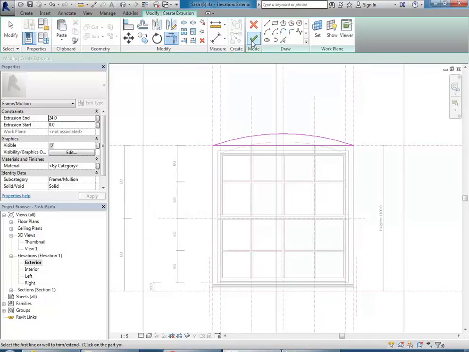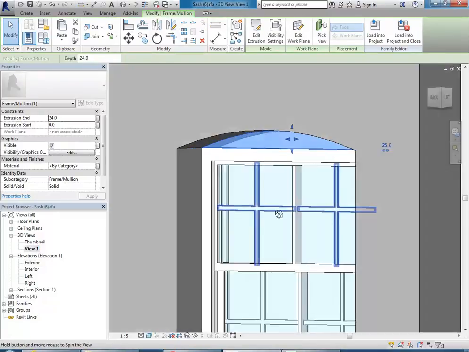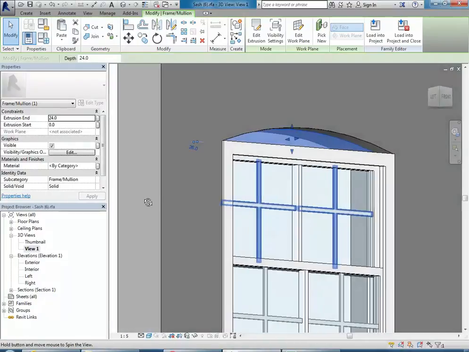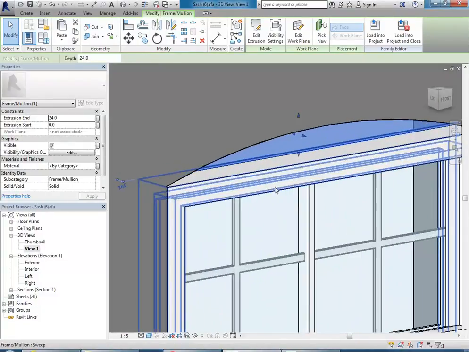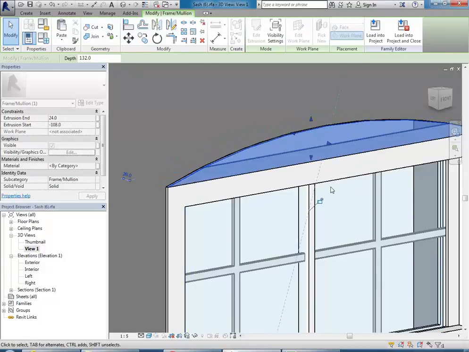So then I'll finish that and show you the rest in 3D. So going to a 3D view. You can see the depth there is pretty good. So I'm going to stretch the front until it lines up with the face there on the outside of the frame, and then again lock the padlock